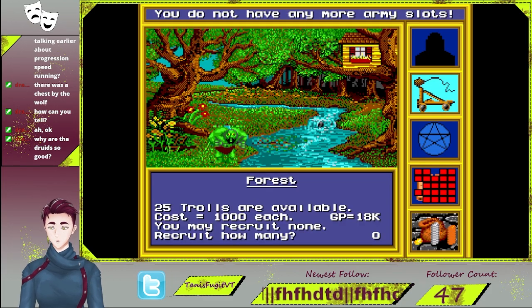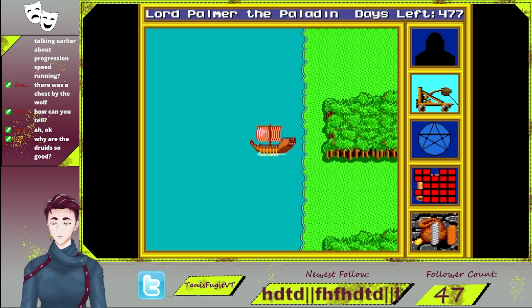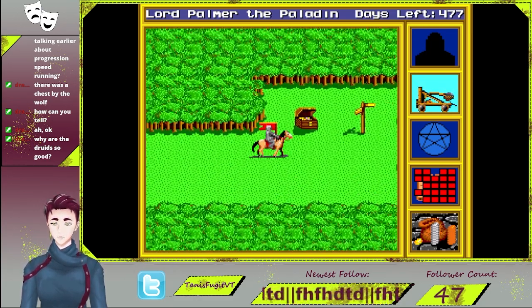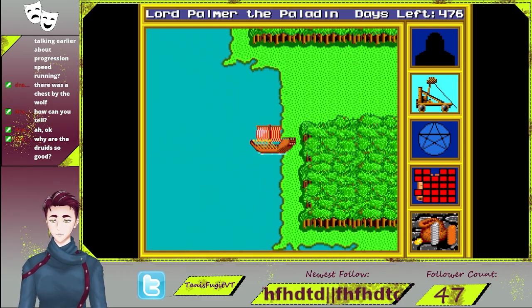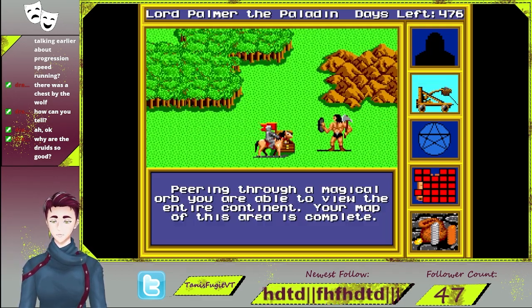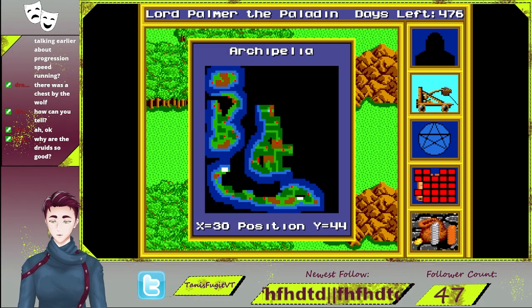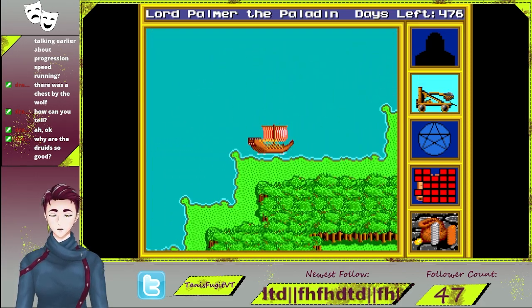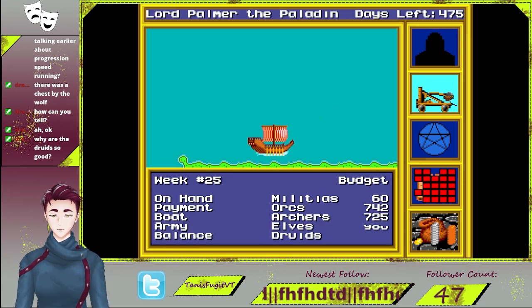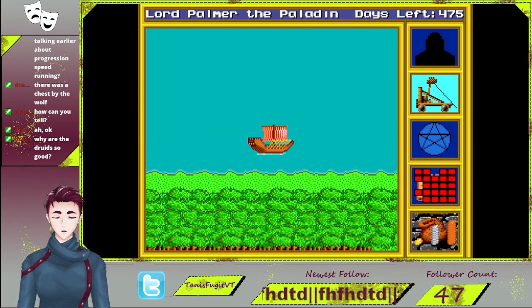Arc Magi! Trolls. Trolls are really strong, but no. Saharia, there's the map to the last of the continents. That, I'm almost certain, is a friendly barbarian, but I am not certain enough to take the chance. In these last two continents, Archipelago and Saharia,